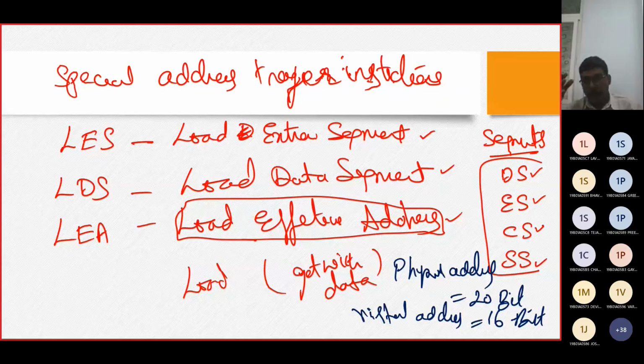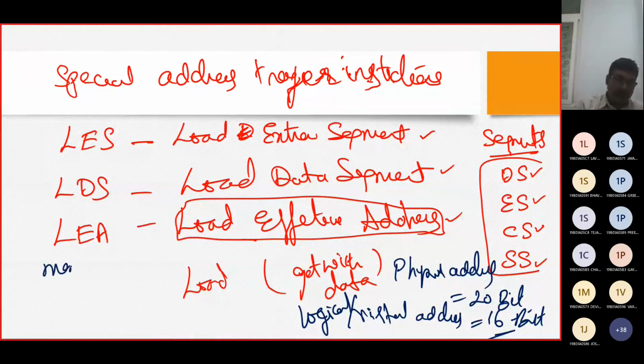So now when we talk about a physical address or when we talk about a virtual address, physical address is going to deal with the random access memory. And when we are talking about a logical address, so virtual address, we call it a logical or a virtual address. They are going to be of the segment addresses, that is 16 bit.